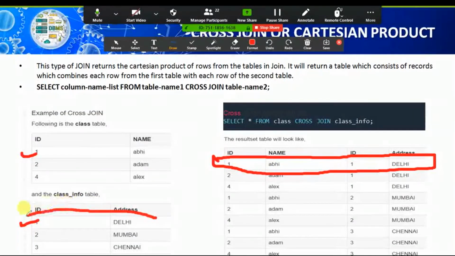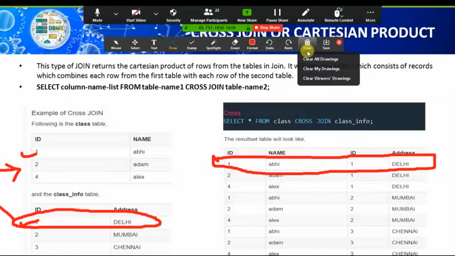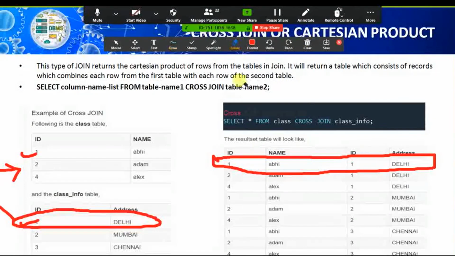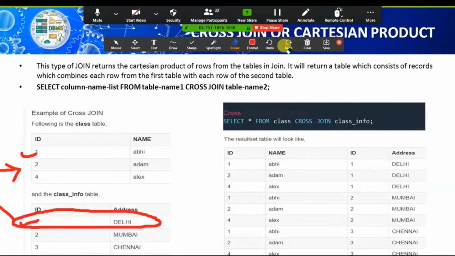After that, it will pick one row from the second table and perform its cross joining or multiplication with each and every row of the first table. Look here, 1, 2, 4, Abhi, Adam, Alex, combined with ID 1, Delhi.